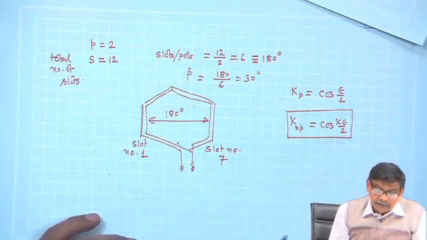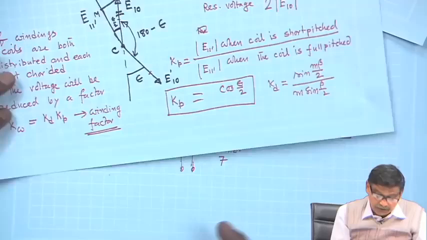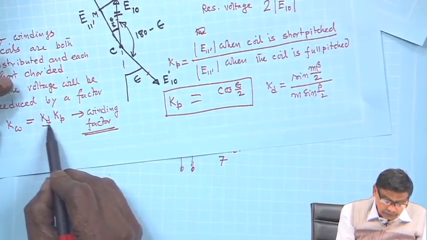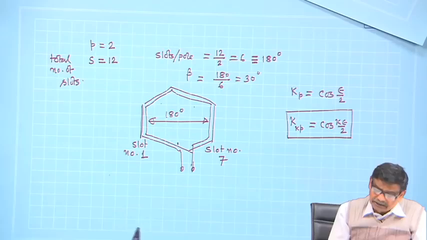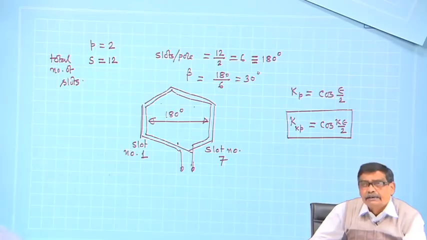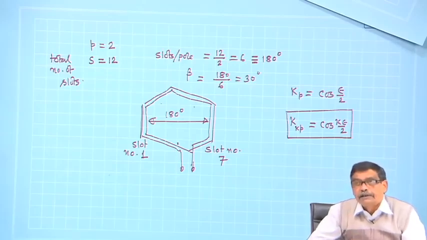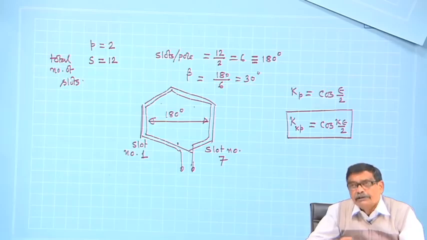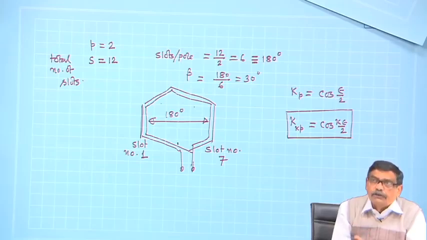Is that clear? And in the expression of the EMF, the net EMF across the coil should be multiplied with both Kd and Kp. So, suppose I know that there is third harmonic, fifth harmonic, and I decide that I will try to eliminate the third harmonic voltage. Let the third harmonic be present in space, and that will cause induced voltage here. But if you want to annihilate the third harmonic voltage,